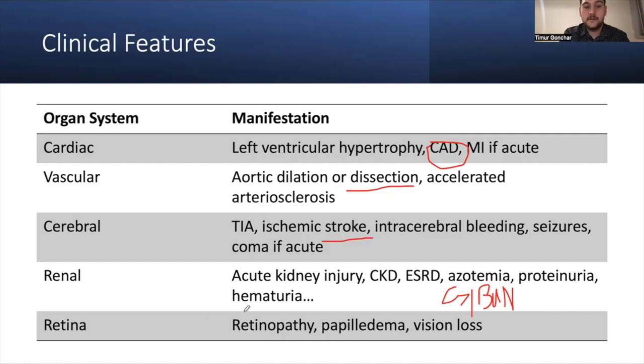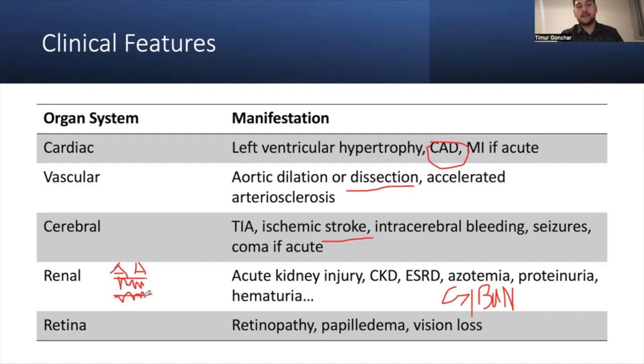This is due to the narrowing of something called the afferent arteriole. Because if you have an elevated blood pressure, it's just gonna get thicker due to medial thickening, which will then worsen the blood supply of the kidney, which will then result in decreased GFR and decreased kidney function. And then the last system that is going to be affected by hypertension is the retina, and